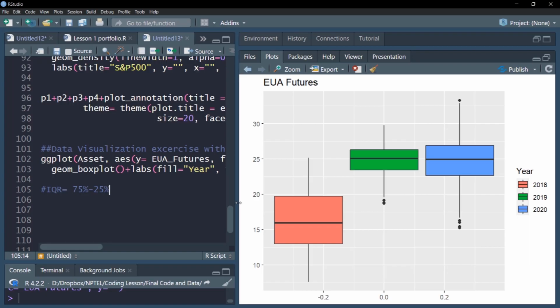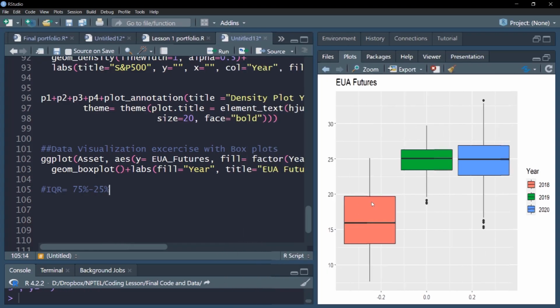So this is how you interpret the box plot. The base is the 25th percentile, the top is the 75th, and the line inside at the center is the median line, which represents the 50th percentile, the center of the data. Beyond that, you have whiskers, which are driven by a certain formula. Any points beyond these whiskers are extreme outliers.